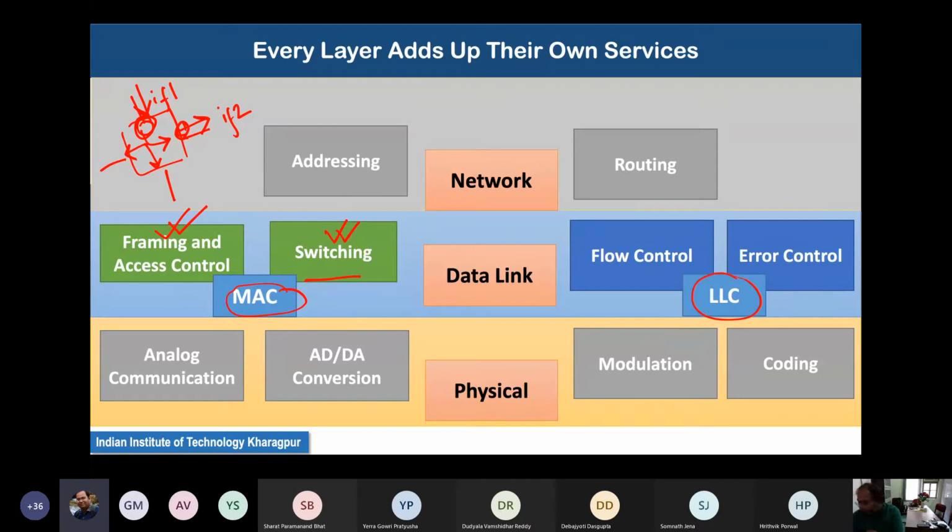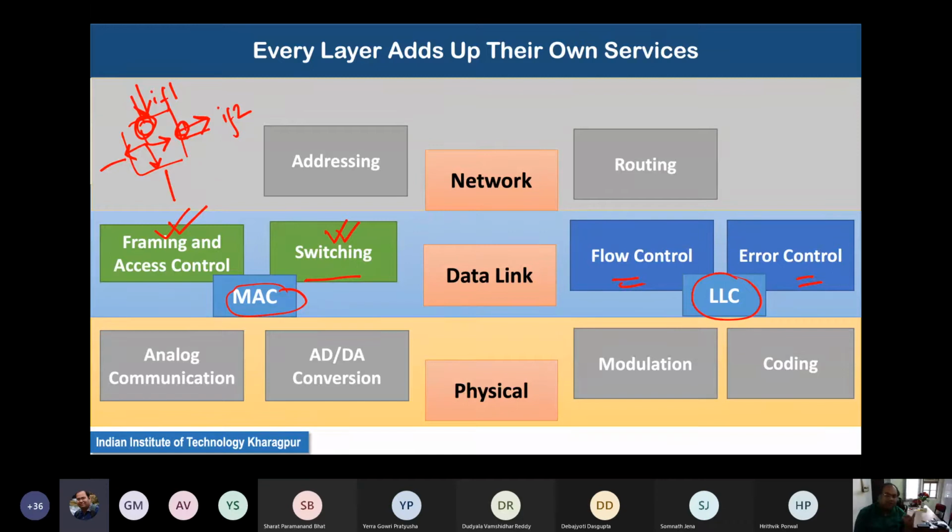Similarly, the data link layer, as I was mentioning, has the task of forwarding the data from one layer 2 device to another layer 2 device. And for that, it does functionalities like flow control and error control. Now, in this particular context, one important point of consideration, which I guess RSC has also discussed while talking about the transport layer, is that we have seen that flow control and error control are implemented both at the transport layer as well as the data link layer.